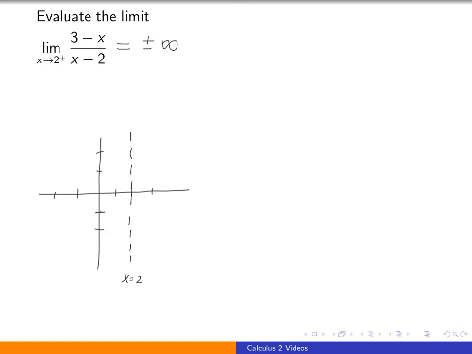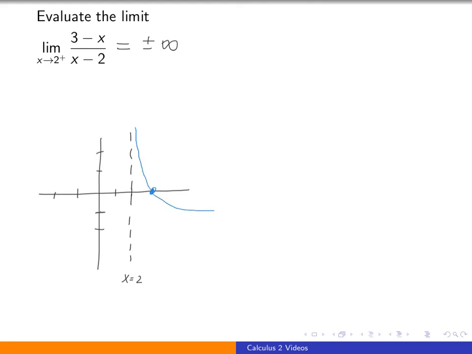We have a root at x equals 3. And if you think about plugging in a number just a little bit bigger than 2, think something like 2.5, 3 minus 2.5 is positive. 2.5 minus 2 is positive. So what the graph will look like then, it approaches infinity from the right,